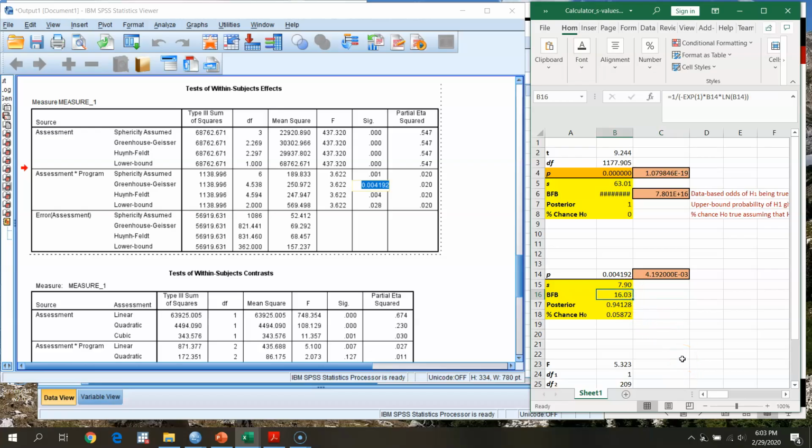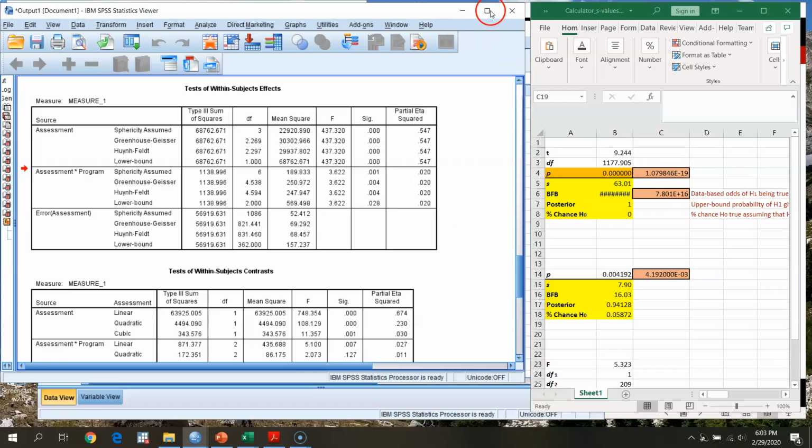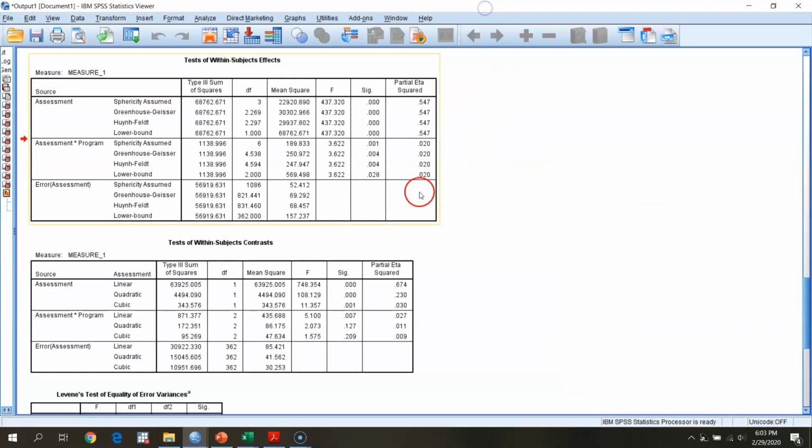Our Bayes factor here, 16.03, indicating that at most, in a perfect world, these data would suggest that our alternative hypothesis of a moderating effect of program on repeated assessment of BDI score, we're seeing the odds of that alternative hypothesis being about 16 times that of the null hypothesis. And so some good evidence here, but then we're just using our calculator for that. So going back to our output,